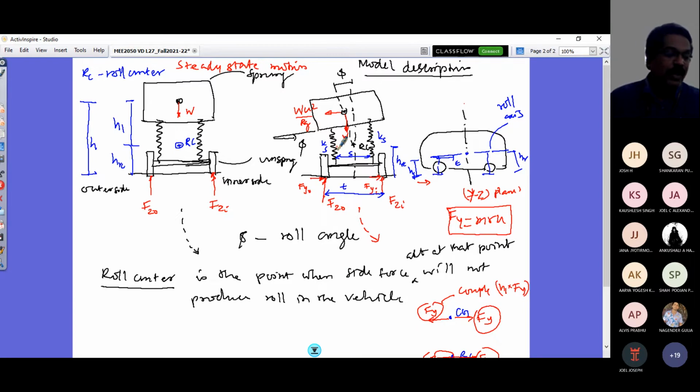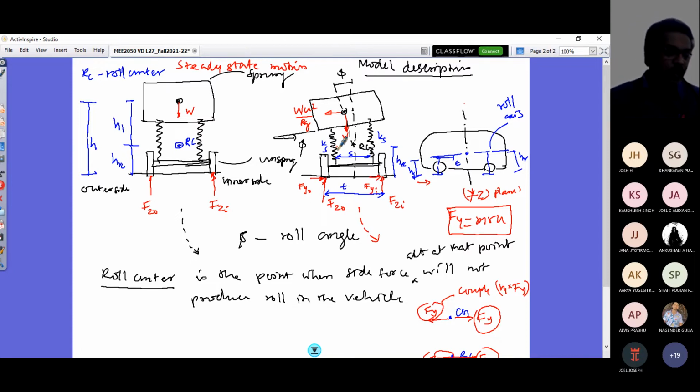Because there is a restoring couple. This Fy into H1 is a couple that causes the body roll, but it does not keep on rolling. It is restrained by another couple, that is given by the roll stiffness of your suspension times the